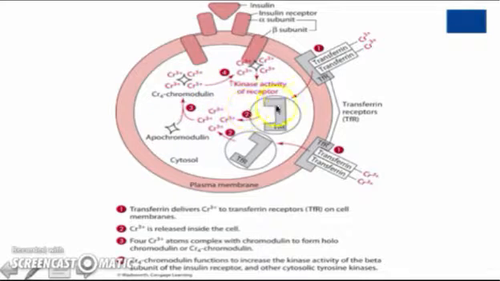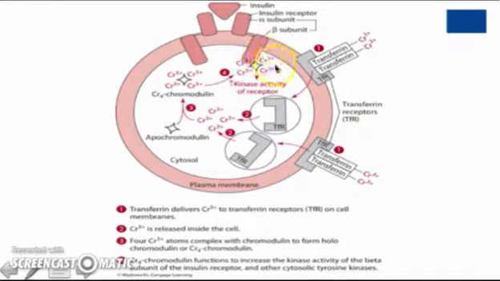The chromium released from the transferrin receptor binds to this apochromodulin, and this apochromodulin binds to the 4 chromium ions, then forming chromodulin. So chromodulin is apochromodulin bound to the 4 chromium ions, and then this chromodulin structure will